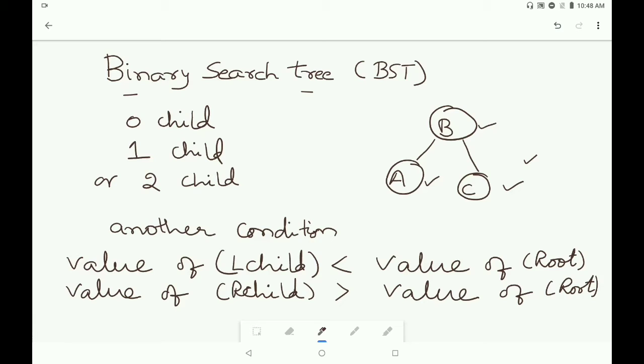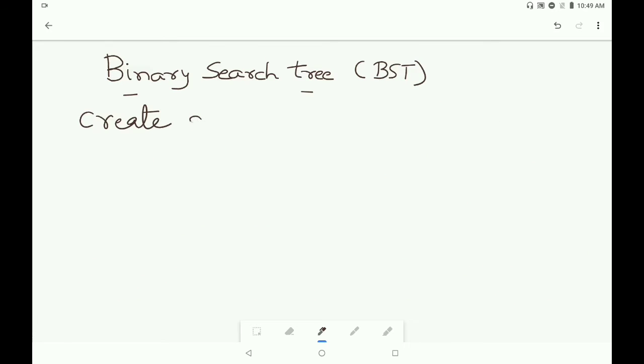So now we take an operation that how to create a binary search tree using numeric data. We will see creation of a binary search tree on alphabet data in my next video. So here we are seeing how to create a BST using numeric data.